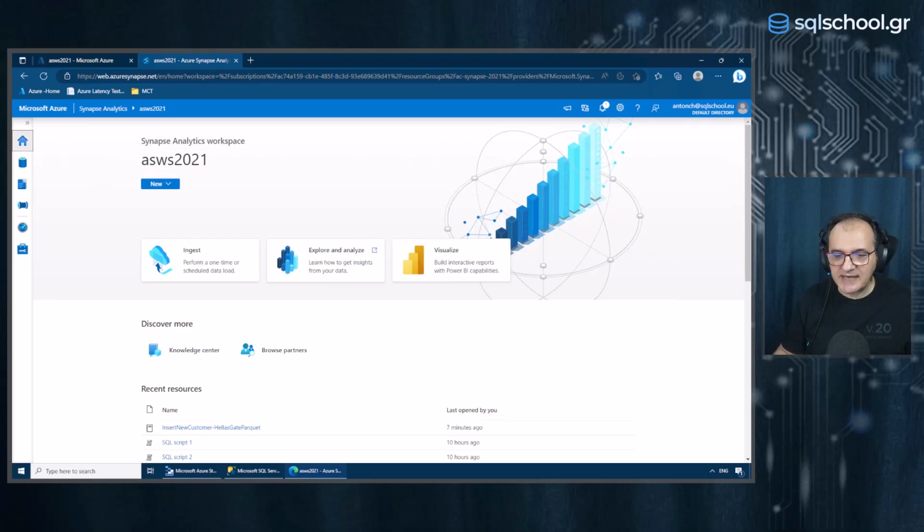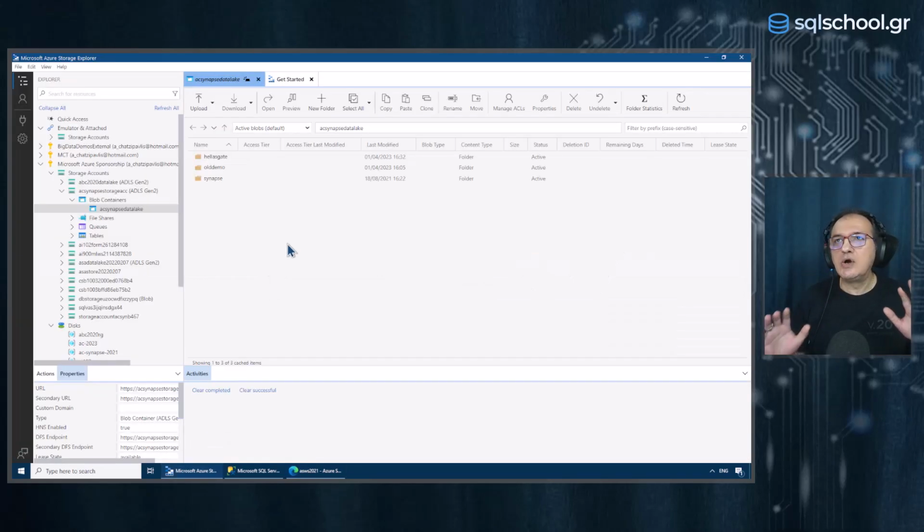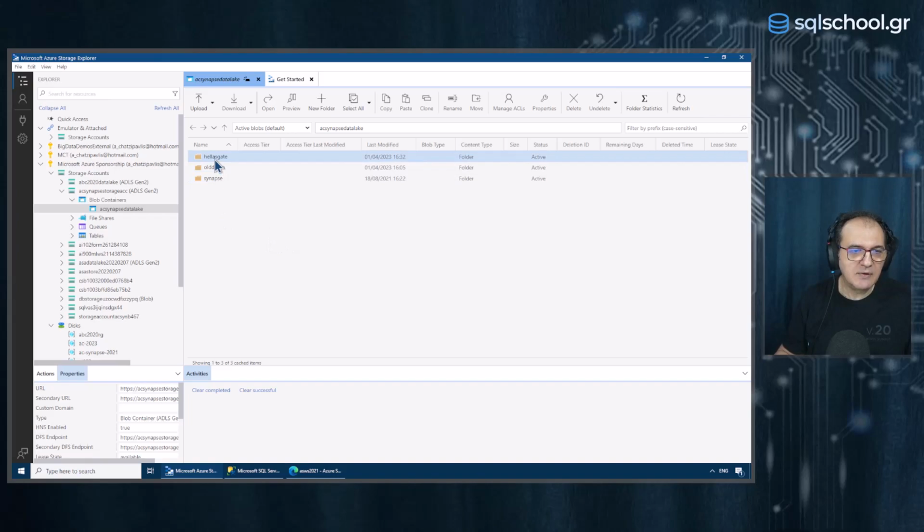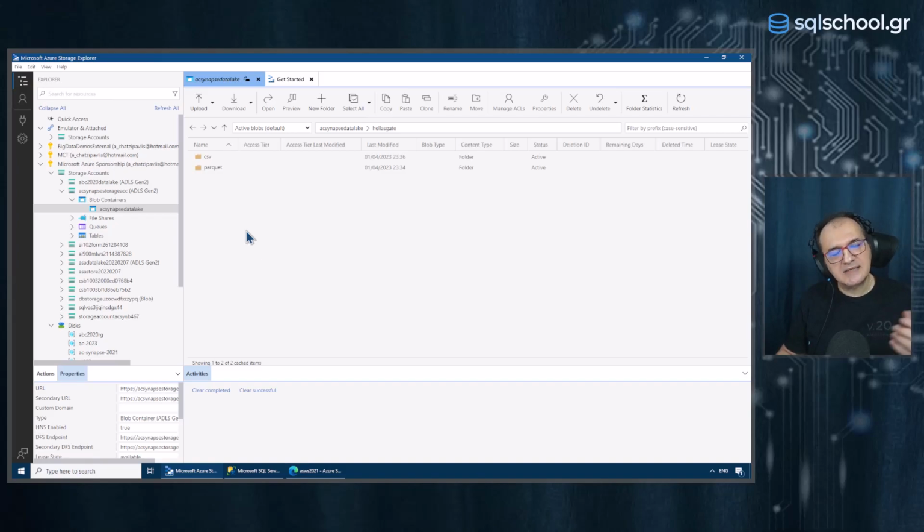So let's start with our demo. I have an Azure Synapse Analytics workspace, and let's start to create a lake database. Before doing this, let's go to the data lake. I have a data lake, and I have already exported my data from my demo database, AdventureWorks database, in two different formats, CSV format and Parquet format. As you know, Parquet format is preferred because it's self-contained, compressed, and it has a lot of benefits